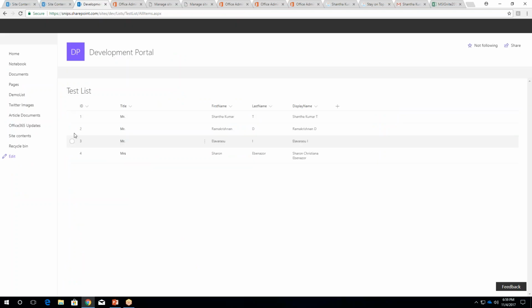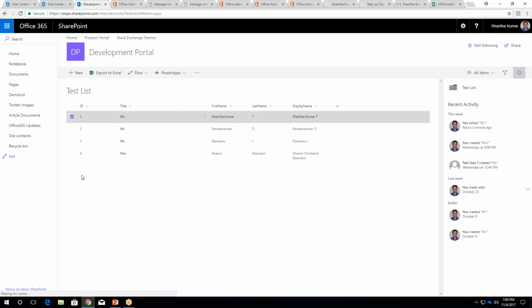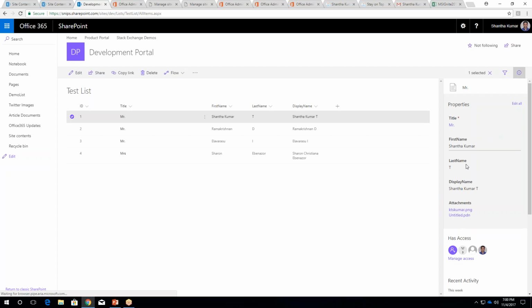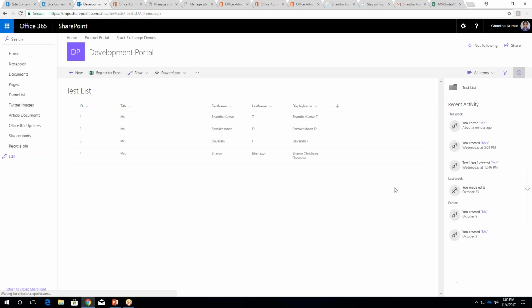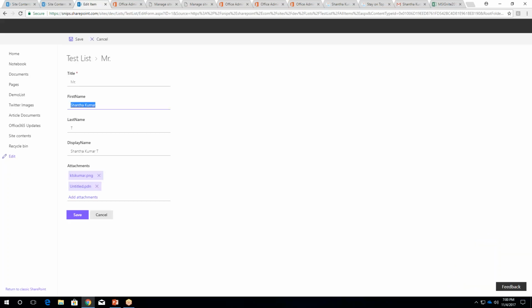Now you won't be able to see the quick edit option. I discussed this once. You are unable to see that quick edit option here, and even if I select this and open the property pane, all the text fields are disabled. So we can only edit the item from the edit button, or if you are adding a new item or editing the item through